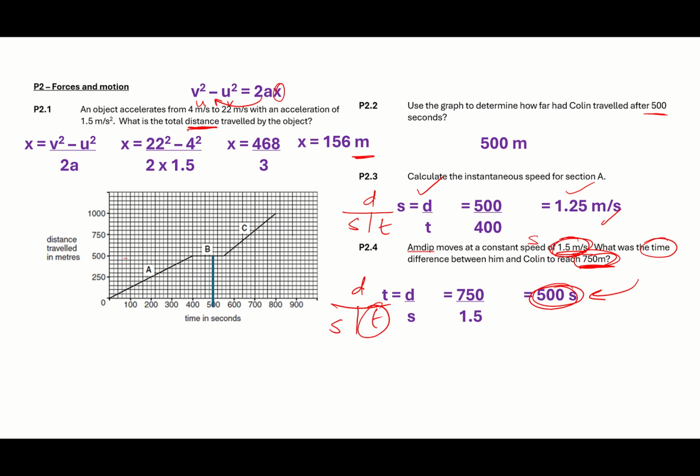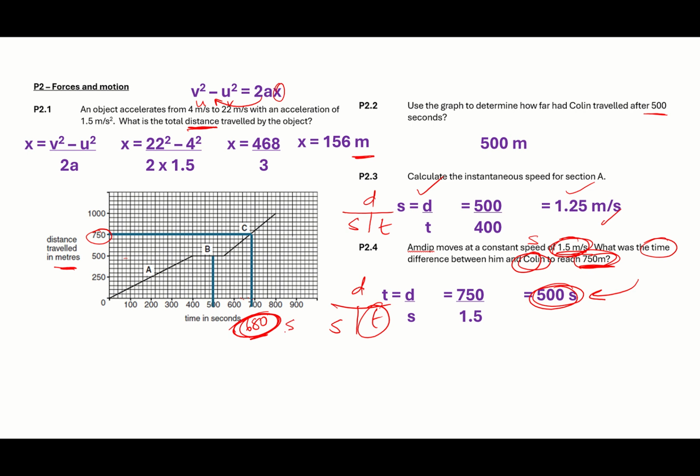Well, for Colin, we've got to use the graph. So we're now going to go and find where he was at 750 meters. And we can see 750 meters is there. So we're going to go across, read down, and we can see that's 680 meters because each of these are units of 20. So now that I know he took